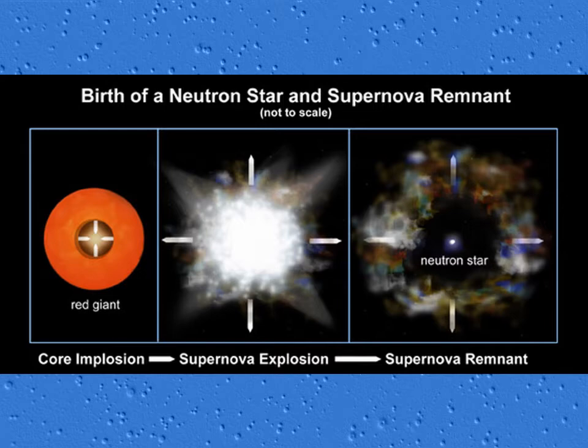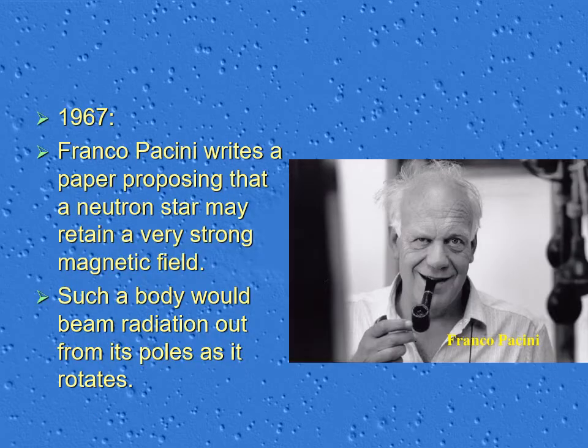So the idea that Baade and Zwicky came up with is you have a big star, and the core of the star collapses to this neutron star if it exceeds 1.4 solar masses. The resulting release of energy blows away the rest of the star, and what you have left is a neutron star surrounded by an expanding cloud of gas.